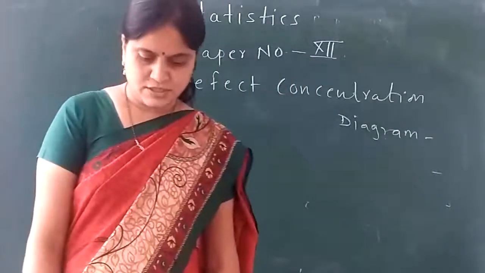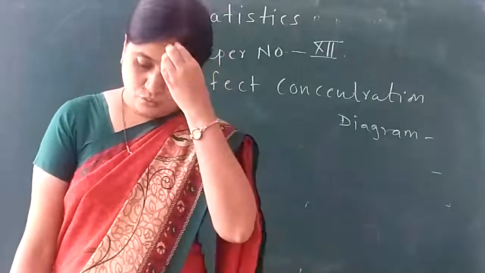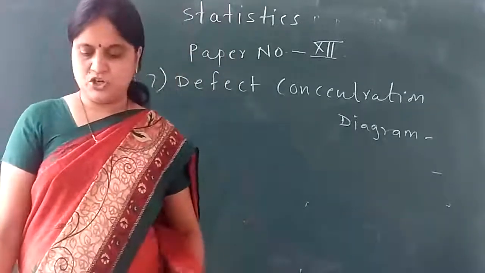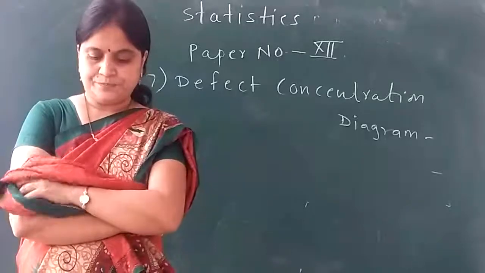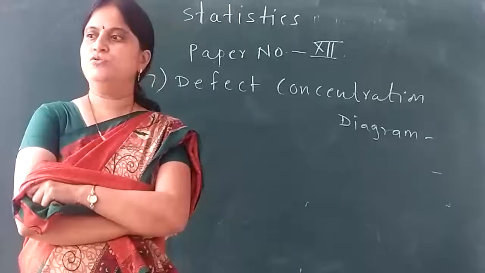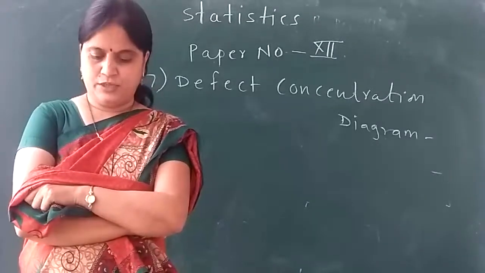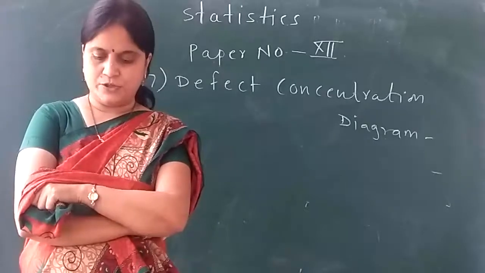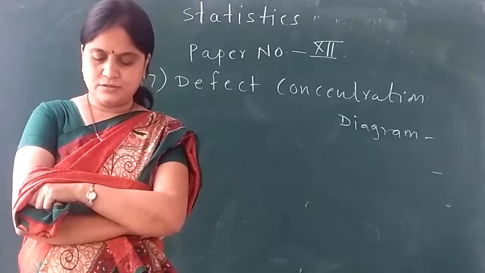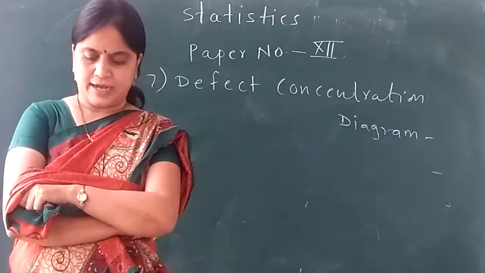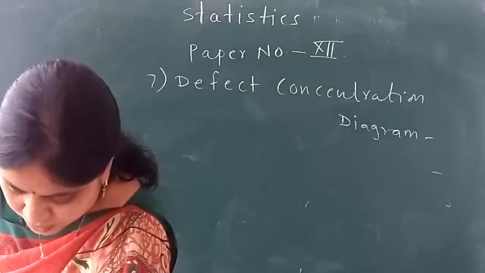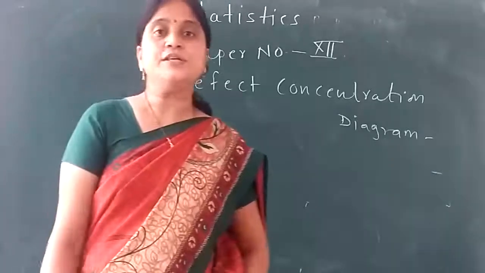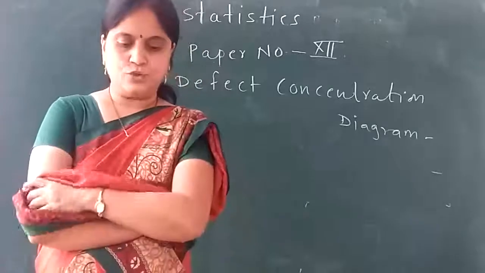So the defect concentration diagram, what does it give me? The defect concentration diagram is a picture of units showing defects. Units showing defect components. Then the various types of defects are drawn on the picture of the diagram. These diagrams are analyzed to determine whether the location of the defects on the unit conveys any useful information.